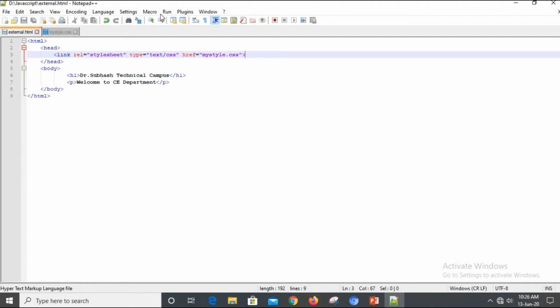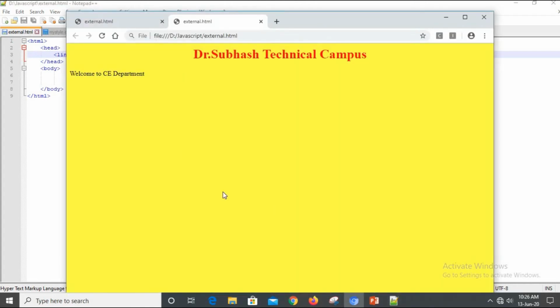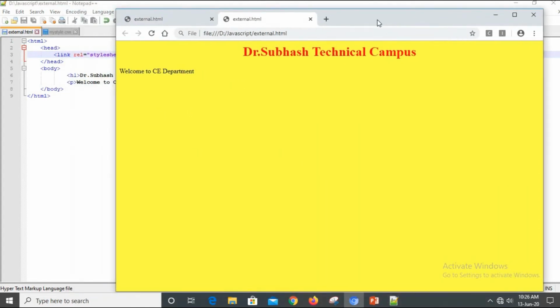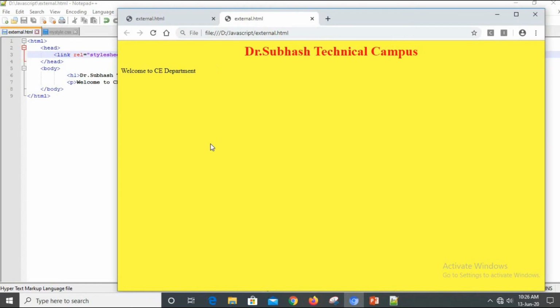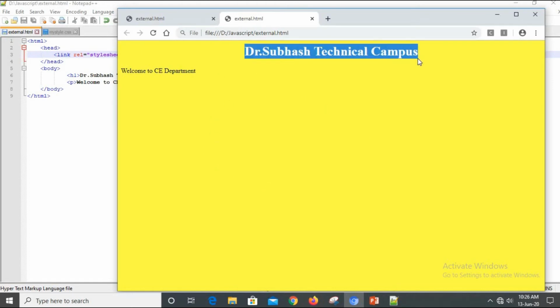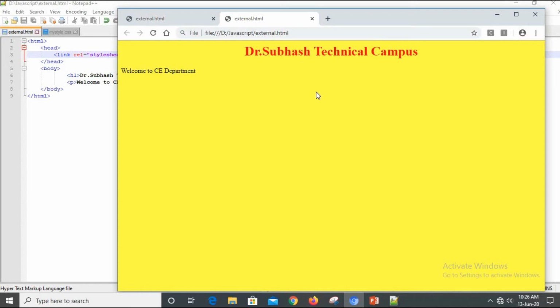Now we are going to run this page. Now you can see that this page has a background color yellow, and the H1 has text-align center and the font color red.